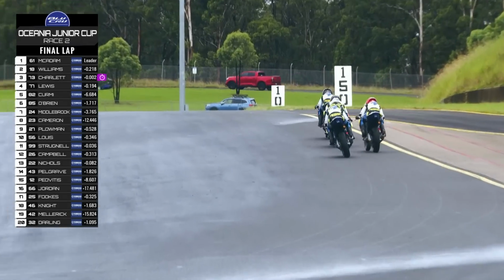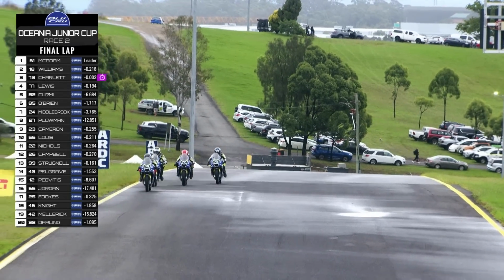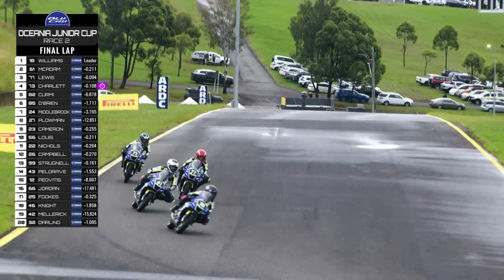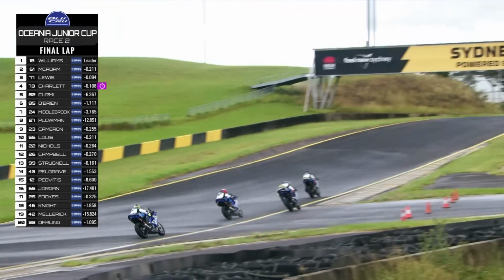They are riding the wheels of these things. You can hear a bit of rev limiter action between turns 4 and 5 there at the bottom of the hill as they come out of SW Motec. All legs flapping all over the place as they aggressively go for the gear lever and the brakes at the back of the circuit